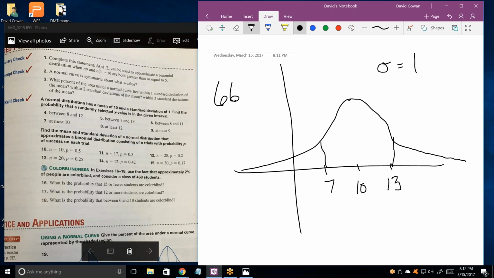66% is 1 standard deviation. 95%, that's what I'm missing. Okay, 95, so maybe that's 68 even. 95% is 2 standard deviations. It is. Okay. And 99.7 is 3 standard deviations. Cool. So it'd be 99.7%. Yeah, we're within 3 standard deviations. Cool. Okay. Now, this makes sense in science,